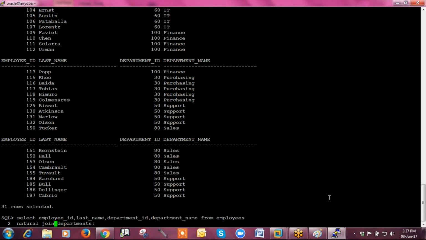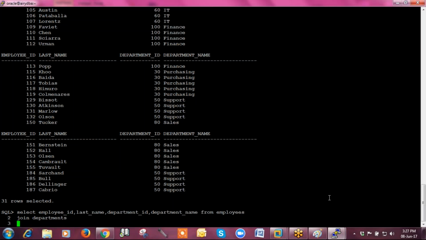So how will you use them? You just remove the word natural join from here. Thereafter you will use USING, and you have to put a bracket here and the column name. If you want to create a USING criteria on the basis of two columns, suppose one and another column must be manager ID, then you have to put these two columns separated by a comma.